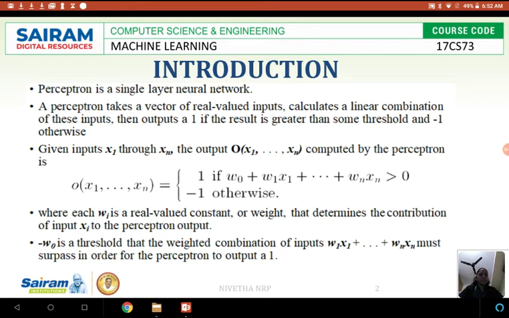It starts with one record first, and it continues with the next records. If the first record's output is the same as the expected output, it goes with the same weight. The next perceptron will carry the same weight of the previous record, and it continues the learning nature of the system.